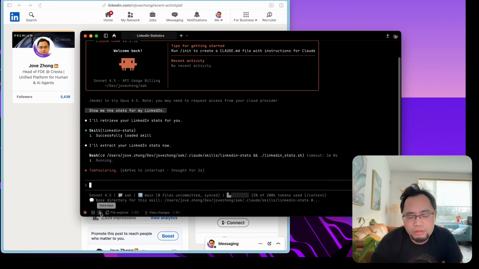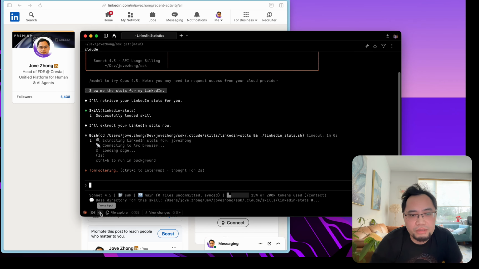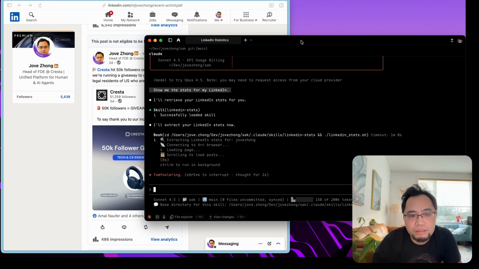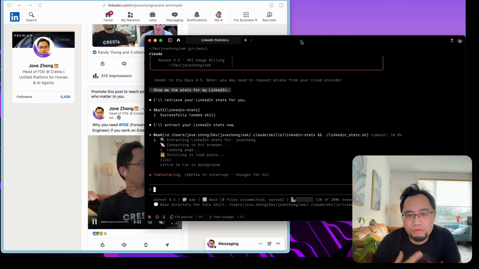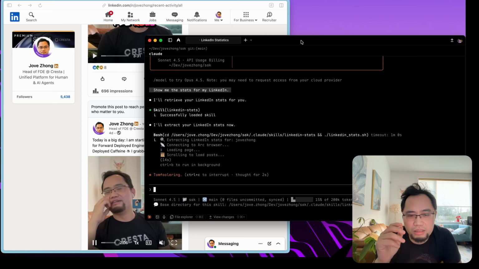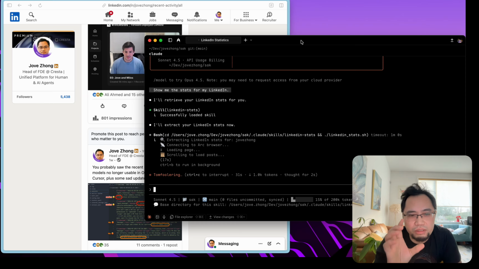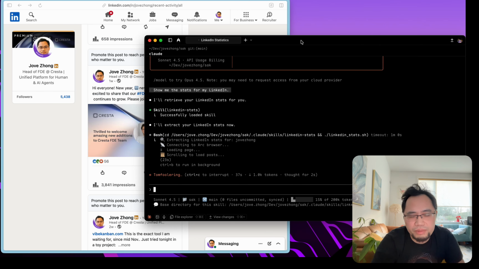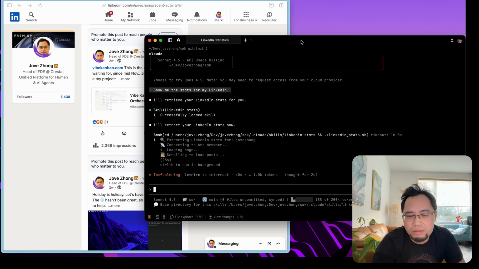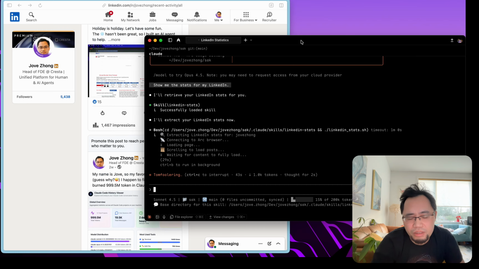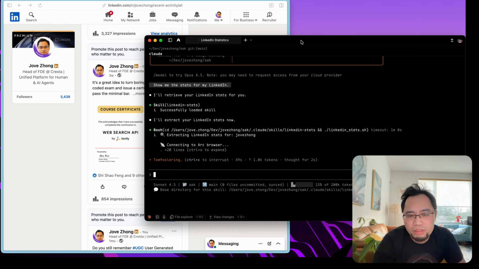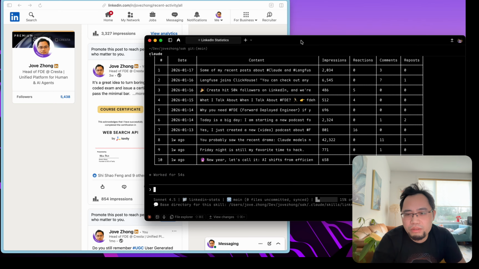It's going to run some script defined in the skill, and you can see in the background my browser, which is Arc, is going to be refreshed, and it will scroll down to see all the posts, including their impression, the comments, the repost, because LinkedIn has certain lazy loading, right? So this skill just goes over the page as a normal user, so it's not going to trigger any anti-bot punishment. And in the end, it will just grab the information and it will generate a table like this,